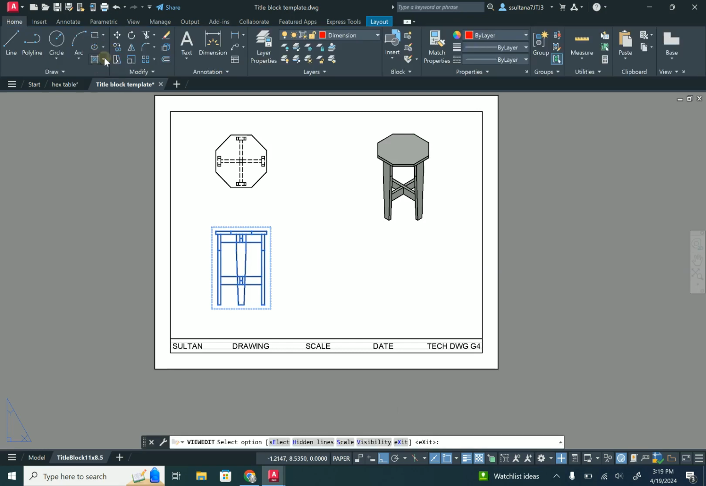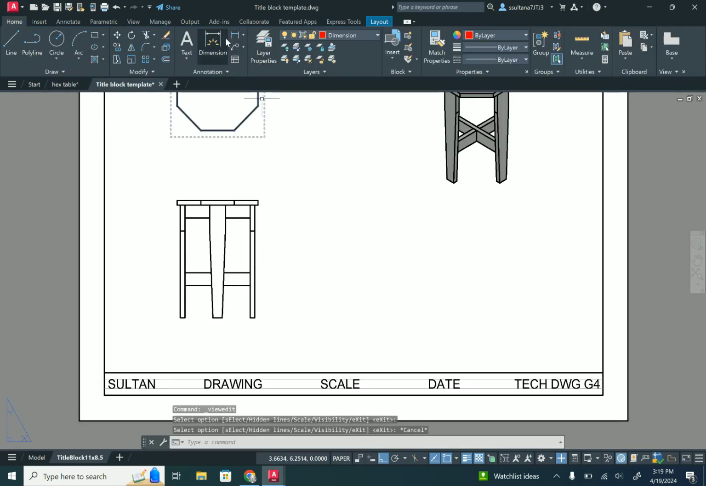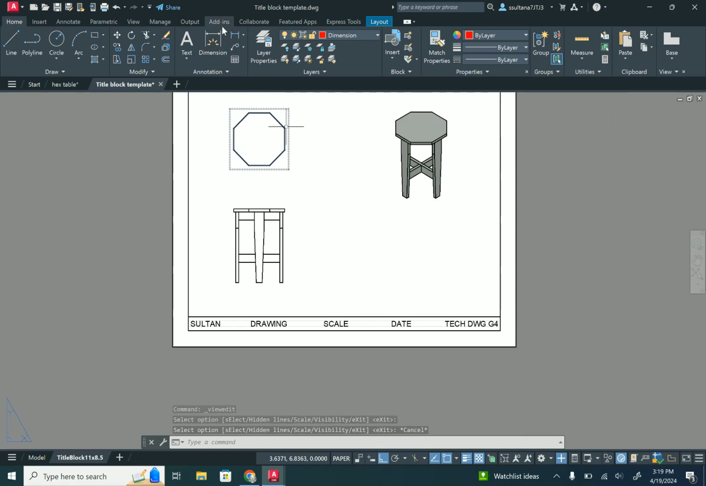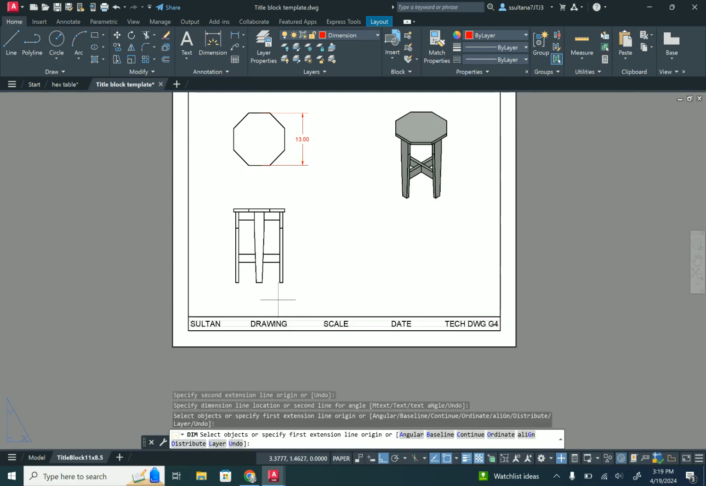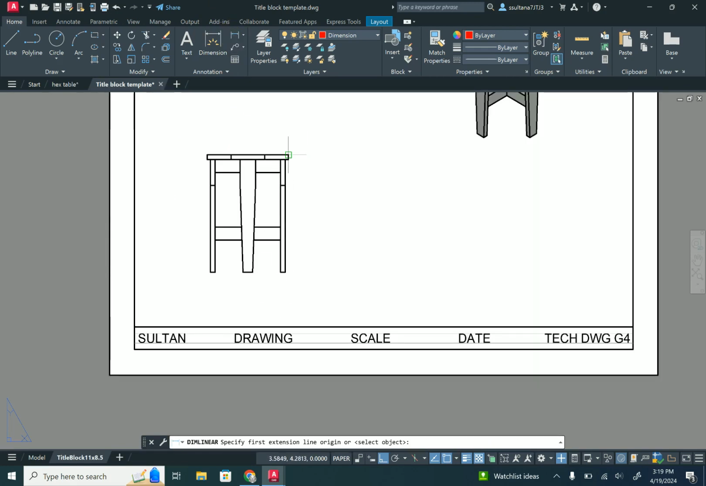I think I'm going to change this also to just visible lines only, and then add your dimensions. So for this one you have the overall width and height of the table,